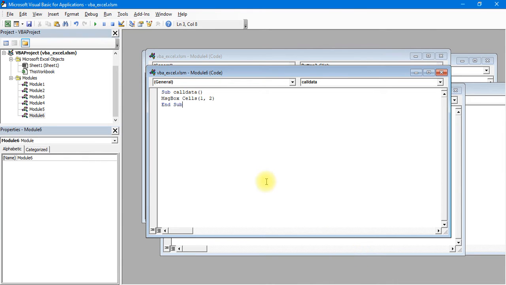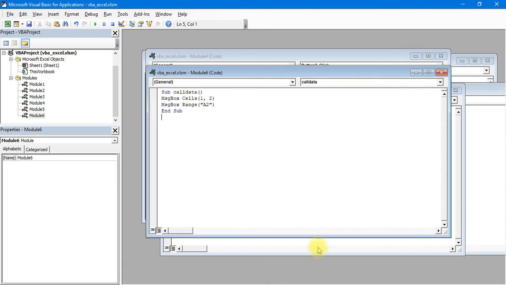Next, moving on, instead of cells, if I want to enter a range, how can we do that? We can use the range function. In here only I will use this. If I write message box and type range, within the range, as you can see, we have to give the cell address. So if I write A2 in capital letters as the cell address and close the bracket, whatever is there in cell A2 is going to be displayed in the message box.